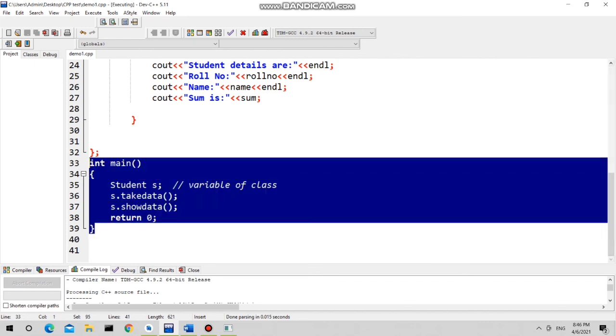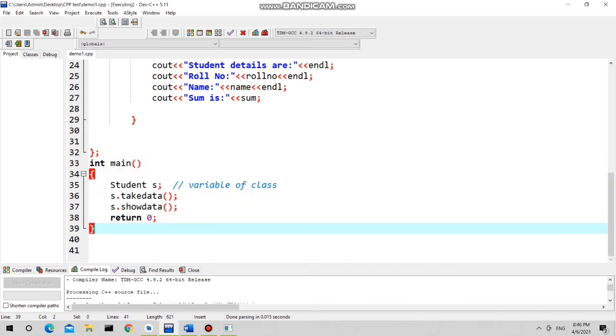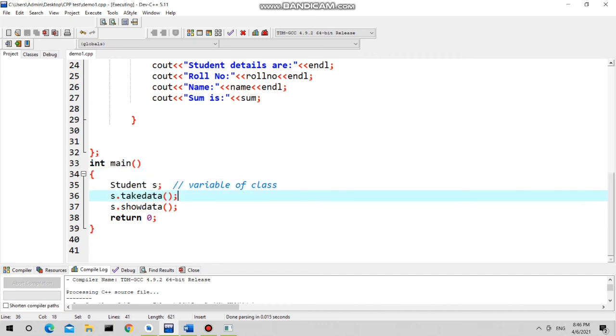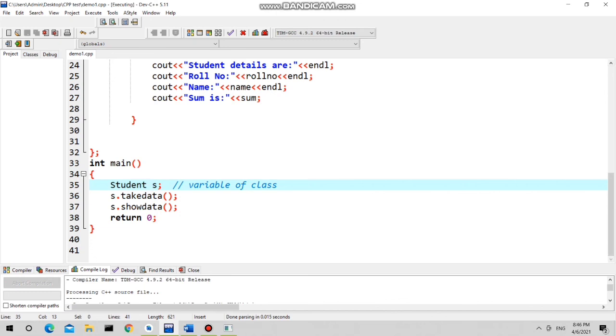And after this we have the main function, which is the entry point of a C++ program. Inside this main function we have the object declaration. Student is a class and yes is an object. The object is also called a variable of the class.